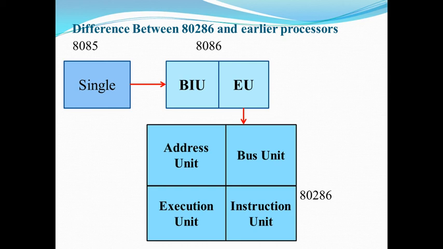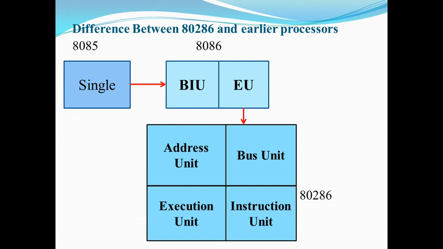When it comes to the 8086, this had two units in its architecture: bus interfacing unit and execution unit. The bus interfacing unit was performing prefetching of the instructions so that these can be given to the EU for execution. So it achieved two stages of the pipeline by introducing two units, BIU and EU. This two-stage pipelining made 8086 much more successful because speed was increased a lot. And now come to the 80286.